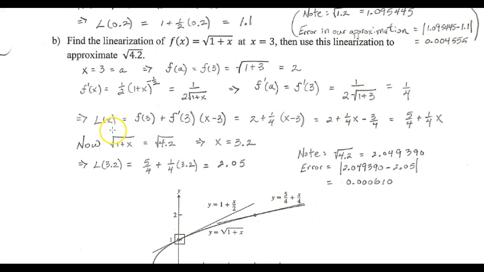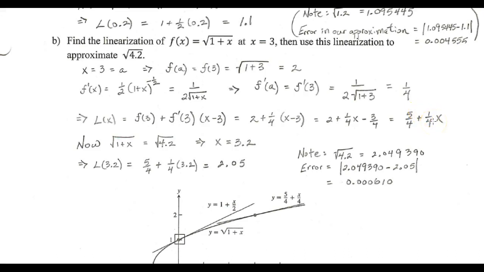So my linearization now, at x equals 3 this time, is f of 3 plus f prime of 3 times x minus 3. Again, this is just the equation of the tangent line at x equals 3. So in this case, it's 2 plus 1/4 times x minus 3. If I simplify that and collect like terms, first of all, distribute the 1/4. So 2 plus 1/4 x minus 3/4. 2 minus 3/4 is 5/4, plus 1/4 x. So this is the linearization, or the tangent line, to f of x equals the square root of 1 plus x